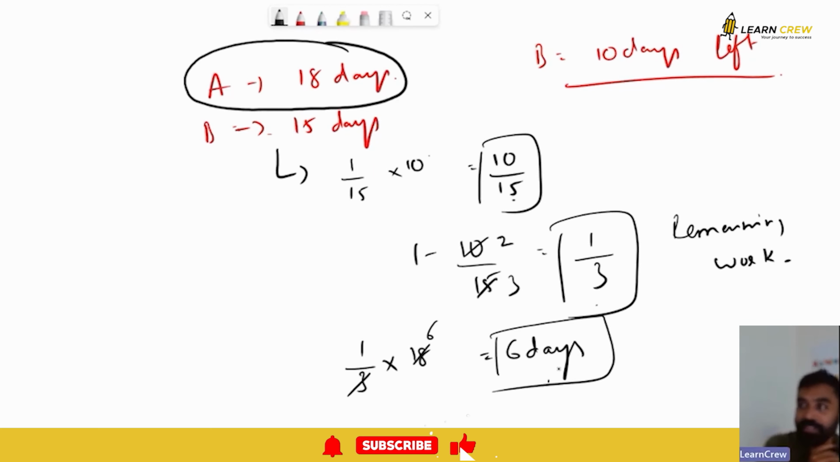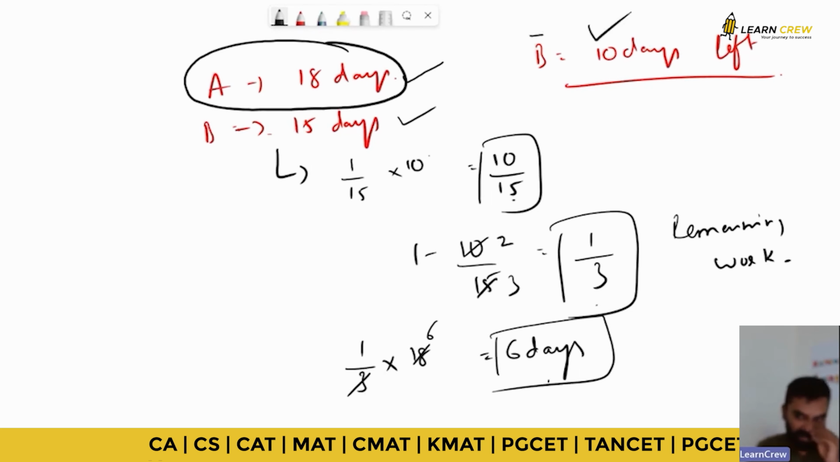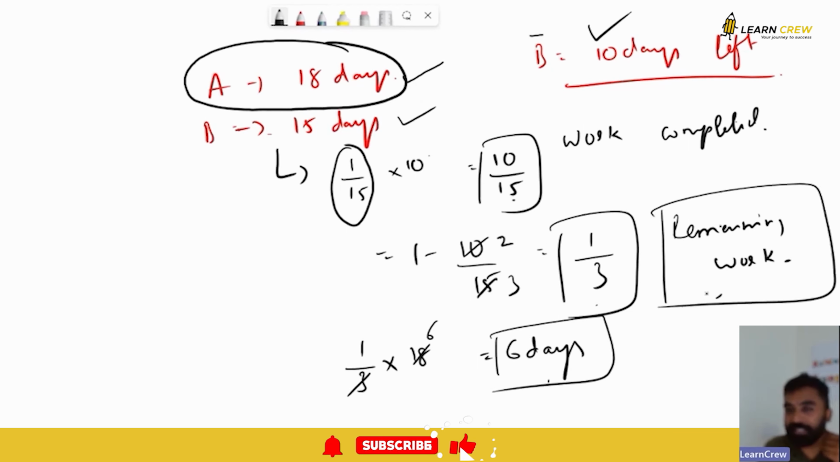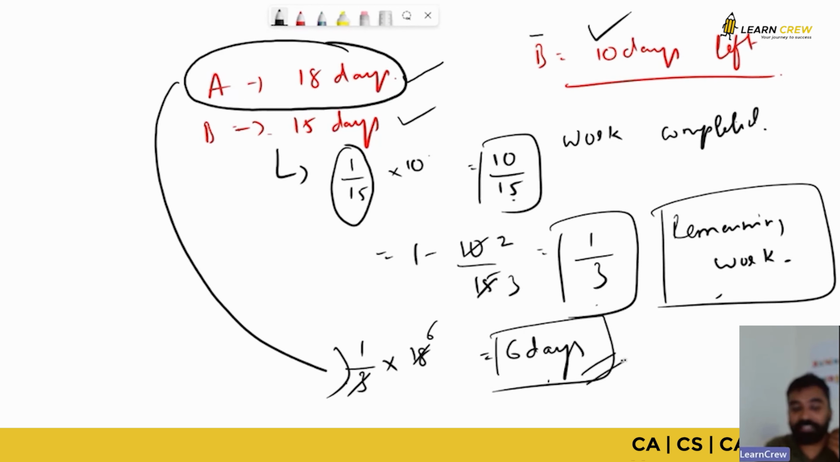Okay. First, the number of days A alone takes is 18 days. The number of days B alone takes is 15 days. B has left the job after 10 days. It means how much work has B completed? In one day B can complete 1 by 15 of the work. In 10 days, he can complete 10 by 15. If this is the work completed, what is the balance work? 1 minus 10 by 15, that is nothing but 1 by 3. This is the remaining work. If this is the remaining work, how many days will A take to complete it? A's 18 days into 1 by 3 will give you 6 days. A will take 6 days to complete the